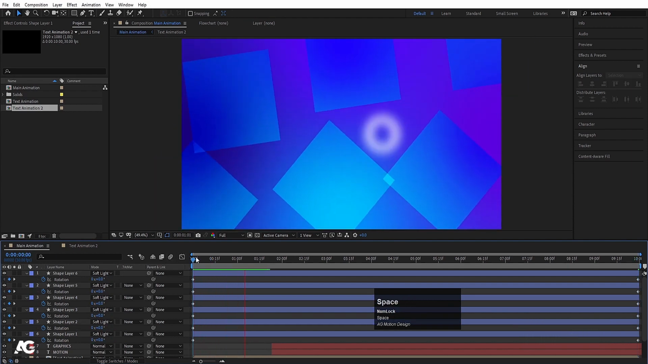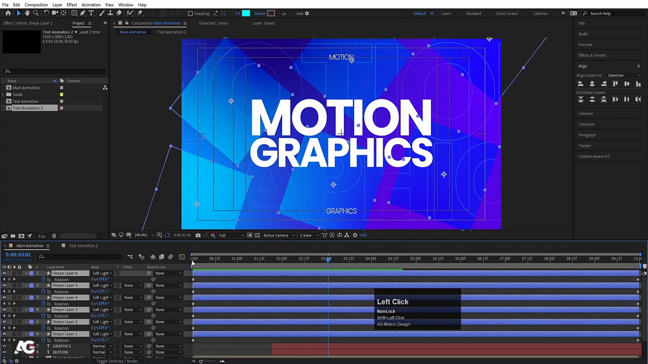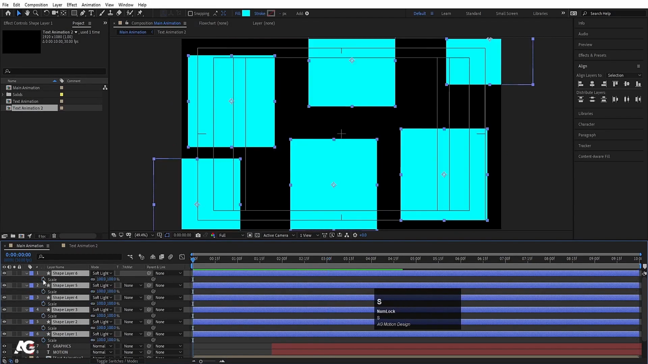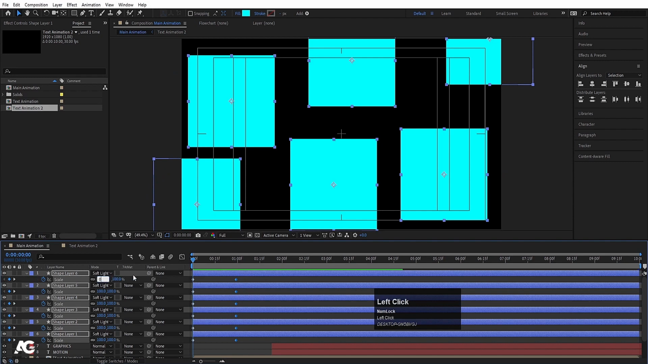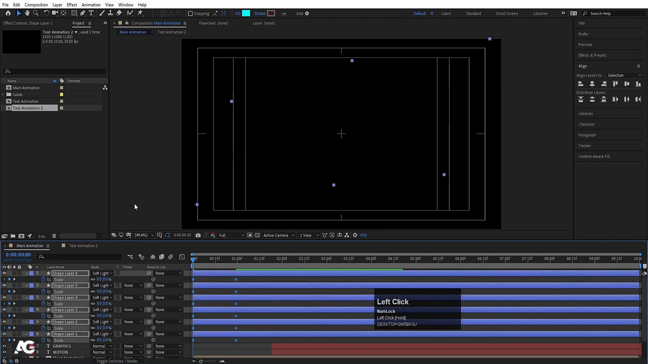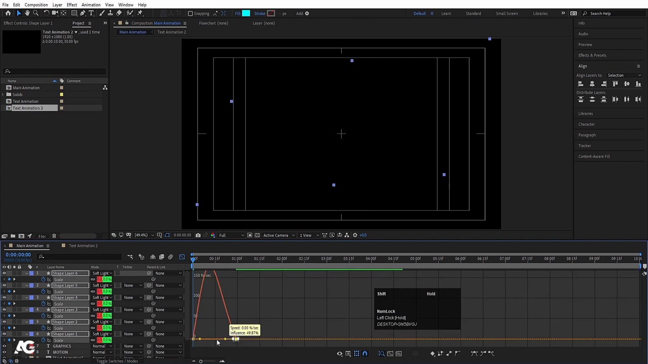If you just see this now, we will get something like this. Now select all the layers, go to the start, press S for the scale option, create one keyframe over here, go to around 1 second, and create another keyframe. Go to the start and let's make this 0. Select all the keyframes, hit F9, go to the graph editor, select this graph, and by holding Shift move this